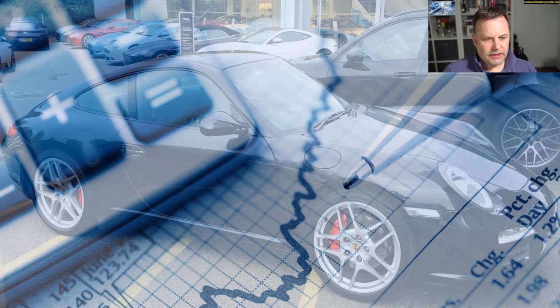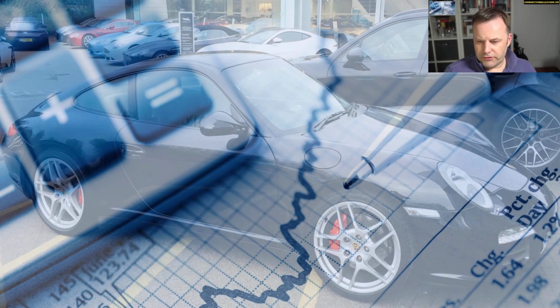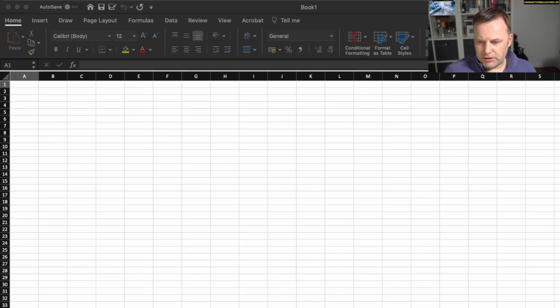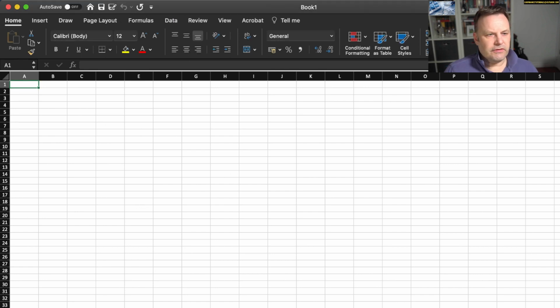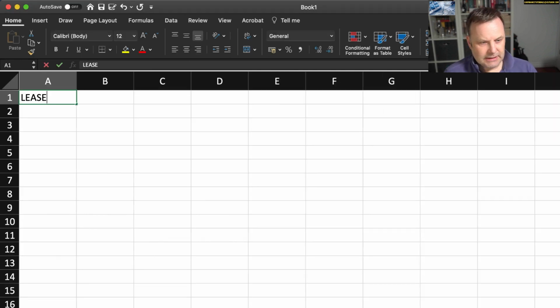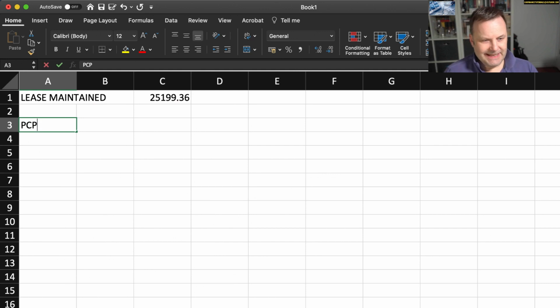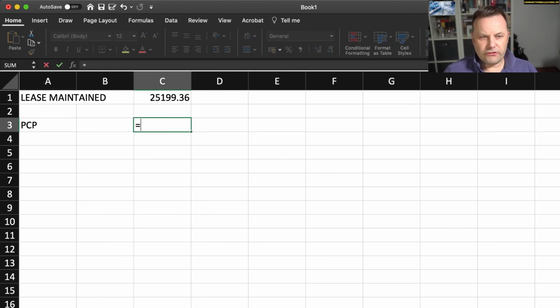So what I'm going to do is just make a quick workbook here. Bear with me. Let's just sort this out. There we go. Right, brilliant. Okay, so what we'll do, let's just put this into a bit of a spreadsheet. So the lease maintained had a total charge of 25,199.36. The PCP had a total cost of